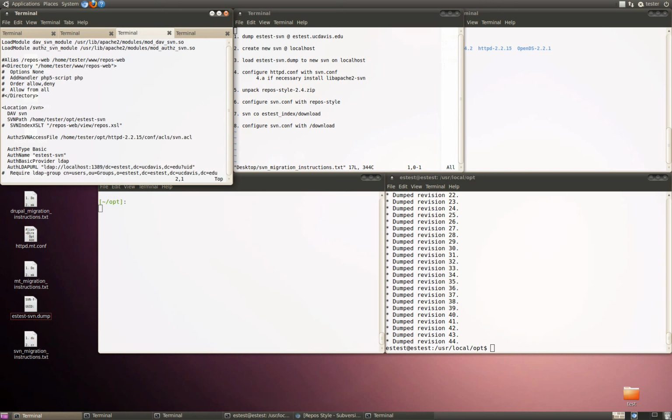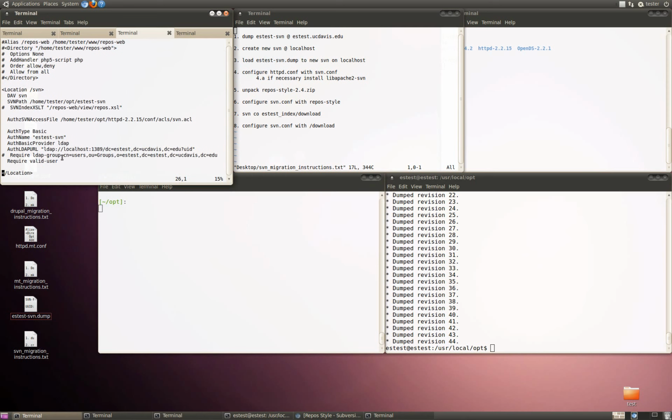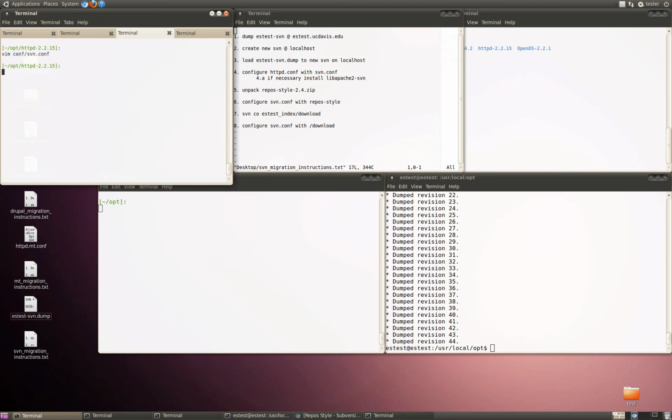So these are actually loaded from the system, and if you don't have these, just go into Synaptic and you're going to install something called libapache2-svn. So the package you want to look for is libapache2-svn, and that's going to come from Synaptic on Ubuntu systems. Okay, so just having this configuration now, we can go ahead and basically restart the Apache web server. But first, I'll show you the access control list in this case